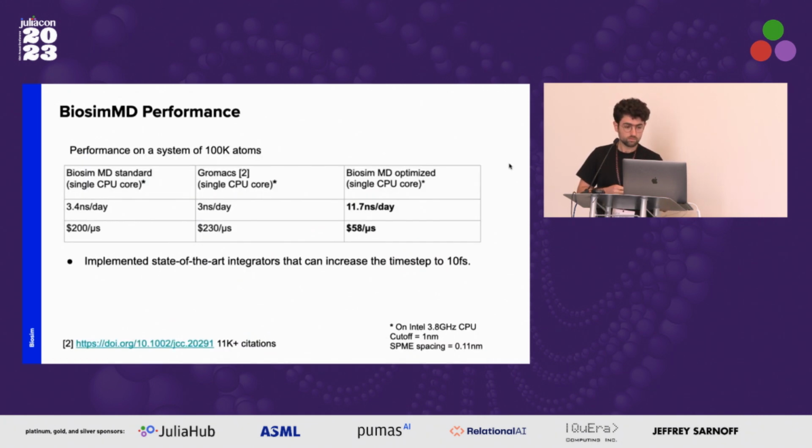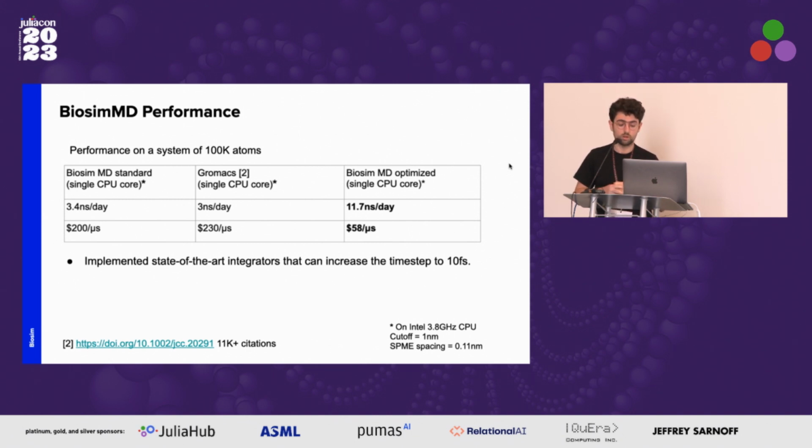So what about performance? I'm reporting here a performance on a system of about 100,000 atoms, where we compare BiosimMD, in this case, on a single CPU core to GROMACS. For those who don't know, GROMACS is a very highly optimized CPU code for molecular dynamics. It's been developed for more than 20 years, I think, and has millions of lines of C++ code. And on a single CPU core on exactly the same parameter set, we are faster than GROMACS,